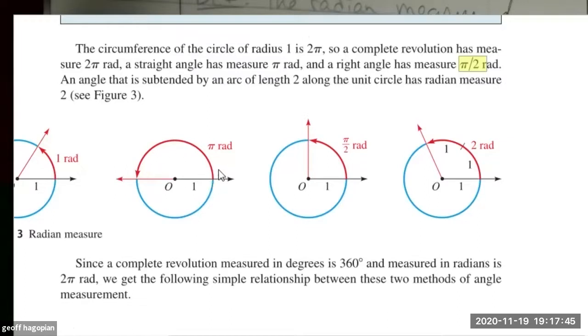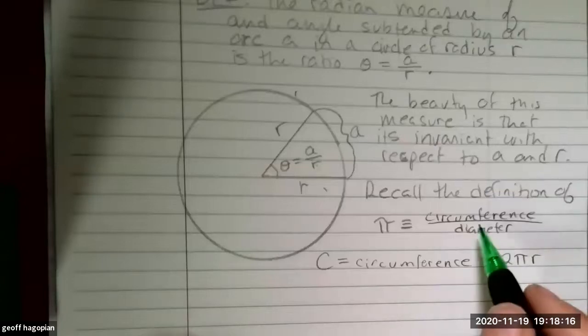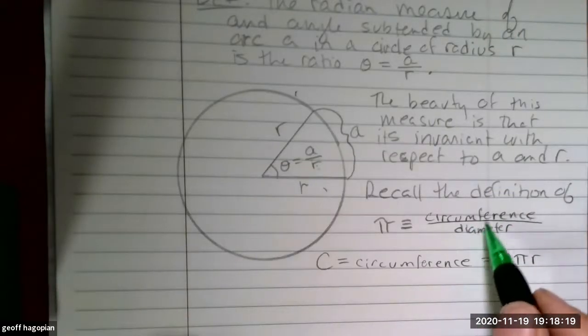Well, that's saying that the circumference, sorry, the angle measurement to radius is a constant, essentially, right? So I guess what I want to say about this, sorry, not saying it very well, am I? Is that